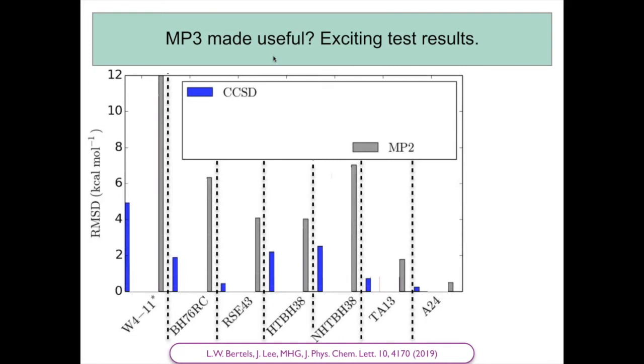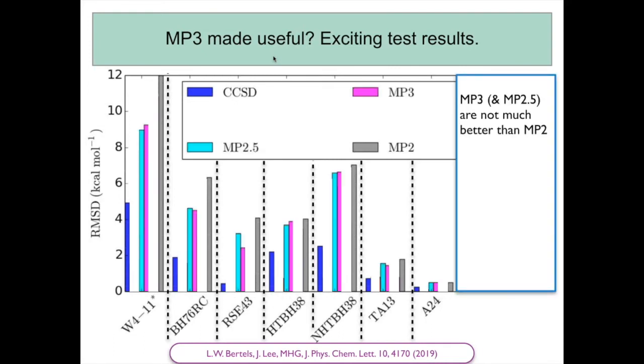And what you basically see is that CCSD is generally a much better treatment of the pair correlations than MP2 is, even though it's not quantitatively or chemically accurate itself, but the blue bars are always smaller than the gray bars. If we then go to MP3 and even the semi-empirical MP2.5 method that still use the UHF orbitals, you